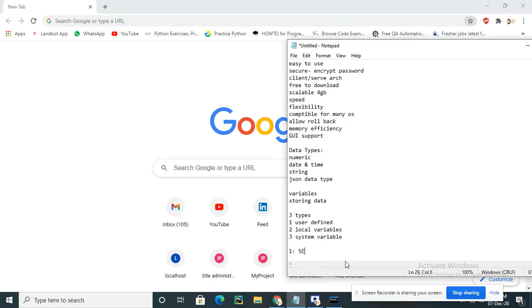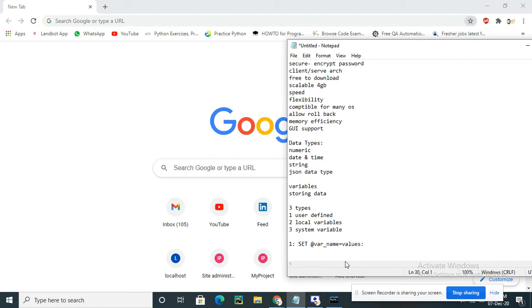For user defined variables the syntax is: first we take set, then at variable, which is the variable name, and then you specify the value. Here set is the keyword or statement, and the at symbol we have to use, followed by any variable name, and then the value.